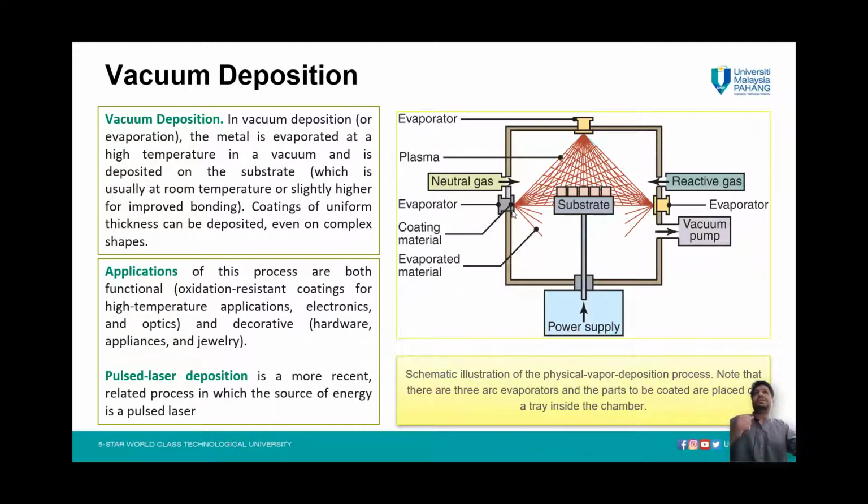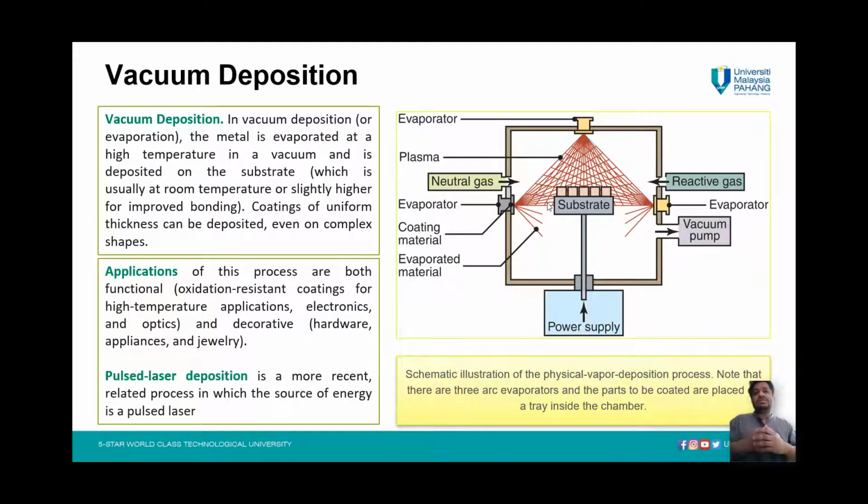So what happens is that the ionized vapor of the coating material is ejected, and the vapor later condenses onto the substrate to produce a coating. The vapor condenses on the substrate, and that substrate is the anode part of this whole system. So the vapor condensation causes it to coat the surface.